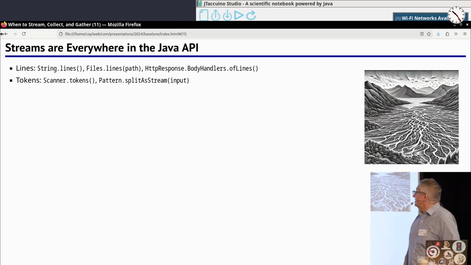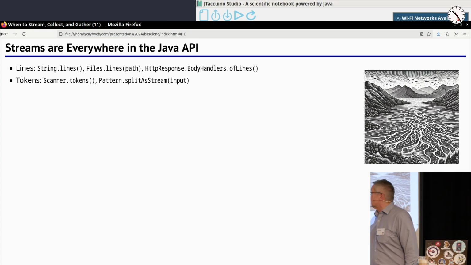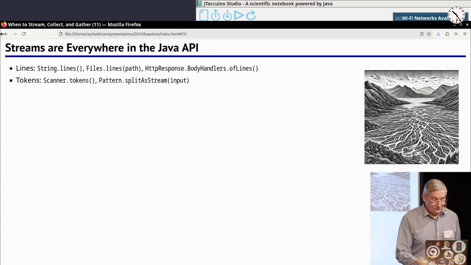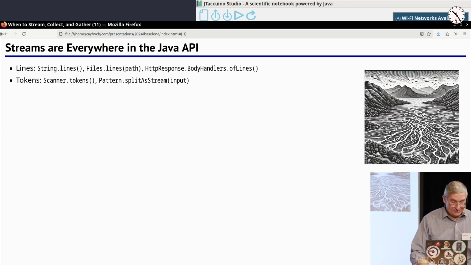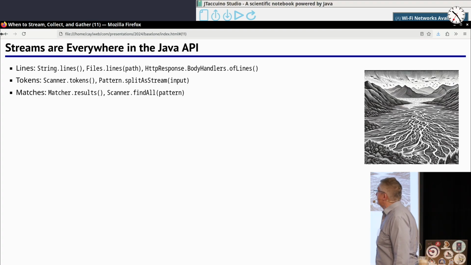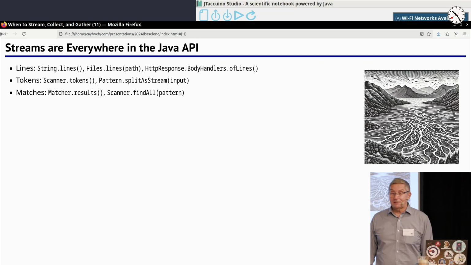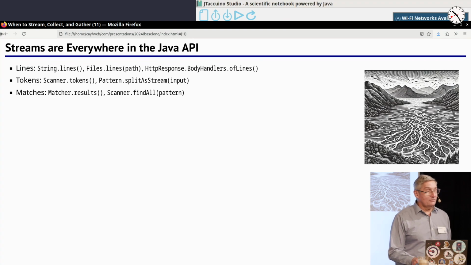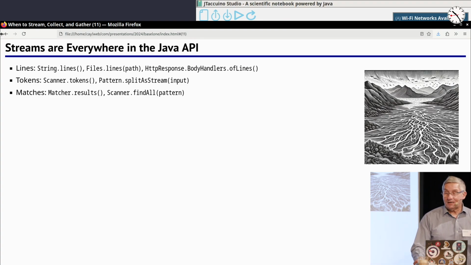Scanner tokens, Pattern splitAsStream gives you a stream of tokens. So when you have a regular expression, you want to break it up, you can use one of those. If you want to match something in a regular expression, you can use matcher results or scanner findAll, and it gives you a stream, not an array or a list, a stream of matches.